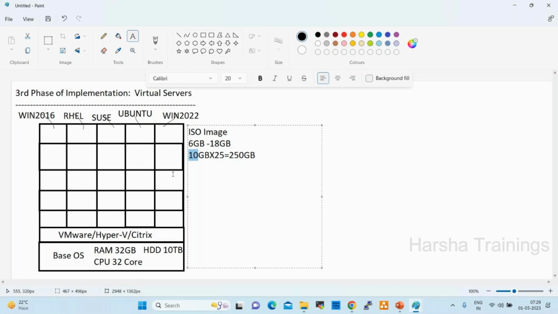On top of that, again we need to install applications, patches, graphics, drivers, whatever. That will take more space. So here storage is being utilized more. That is one of the drawbacks. And also